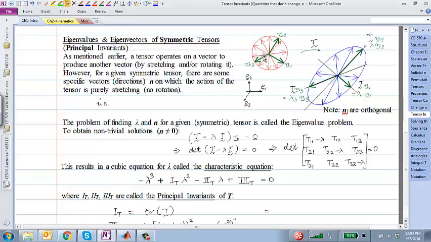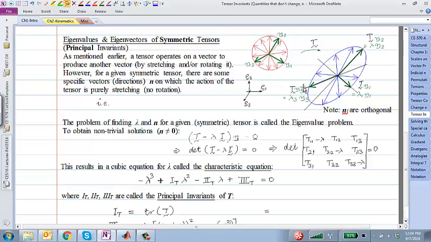For these three particular directions, the tensor will only change the length or the magnitude of that vector. So if you go here, you can see that T acting on n2 gives me a longer n2. T acting on n1 gives me maybe a little bit shorter n1. T n3 gives me a longer